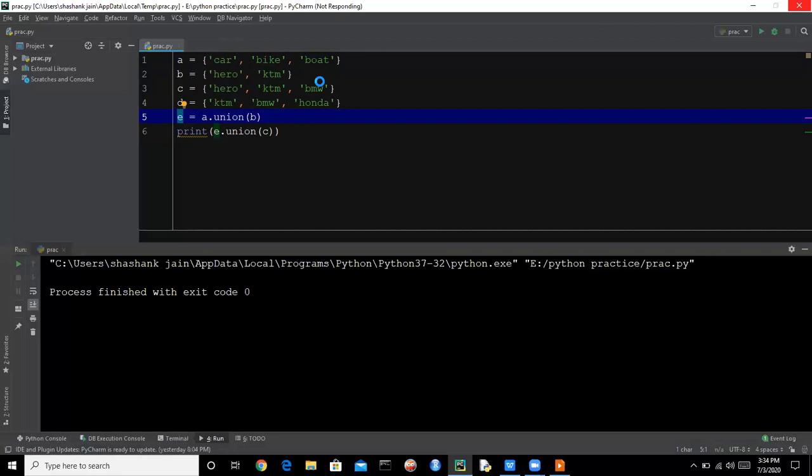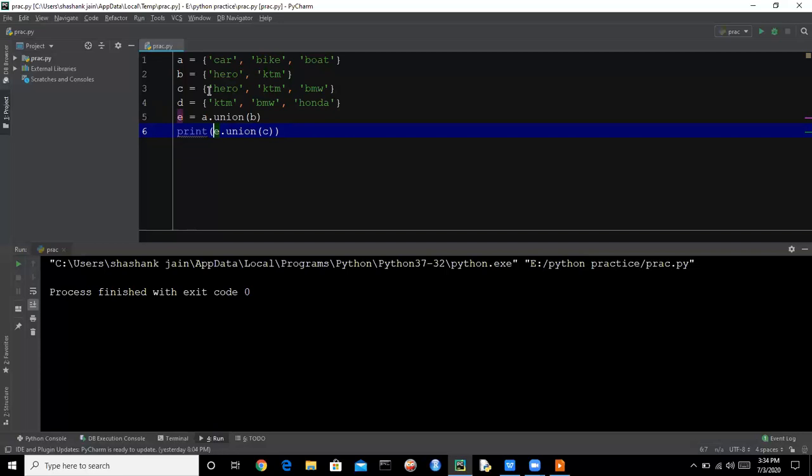So the output will be like car, bike, boat, hero, KTM, and BMW. Hero and KTM is repeating in B and C. So the set does not have duplicate value. So it will be having one hero and one KTM, and the other ones will be ignored.